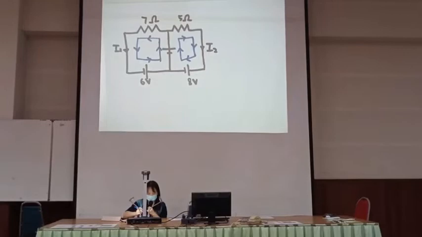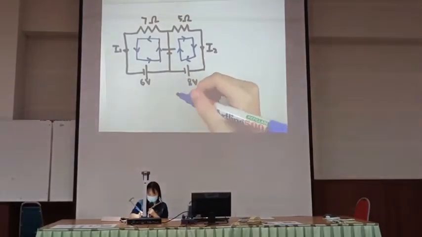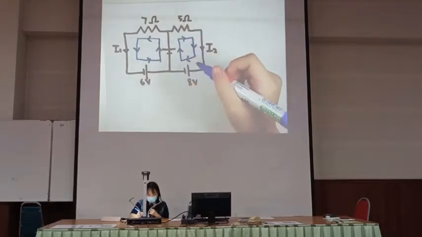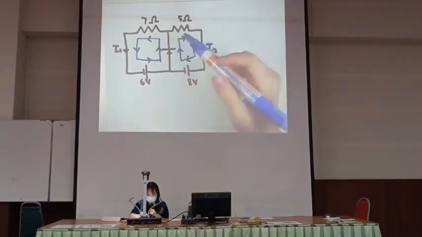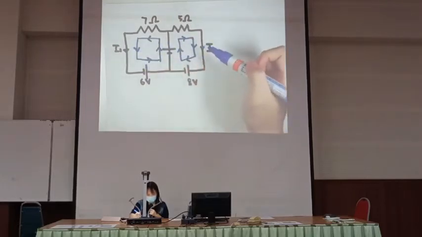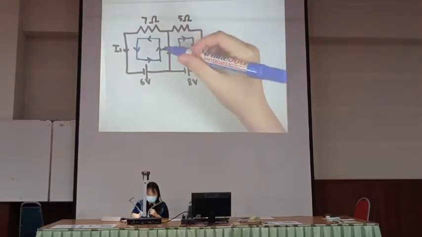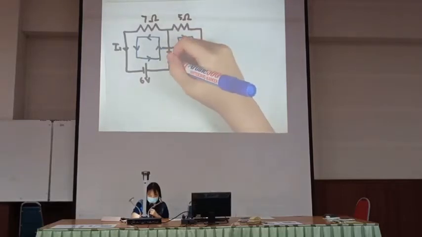So we just remind back the first rule of Kirchhoff, which is Kirchhoff's current rule: the total of the exiting current and entering current must equal 0. From these questions, the directions of I1 and I2 are already given, and then we need to find the direction of I3. For the loop that we draw, we can see I3 is moving upward,